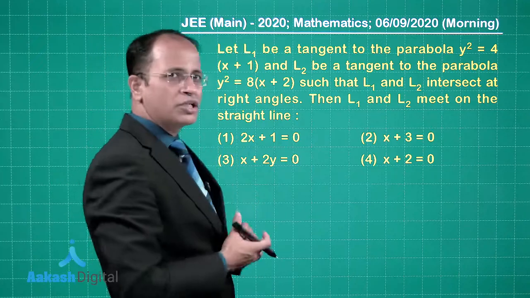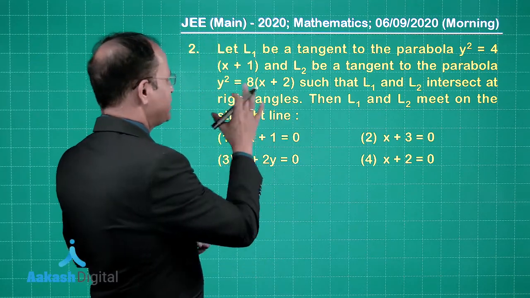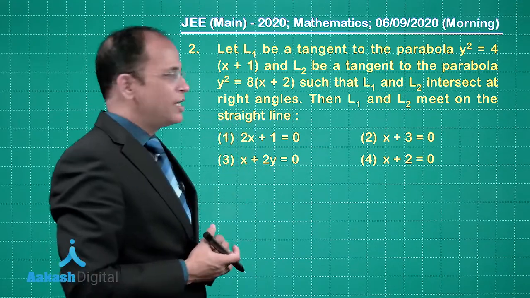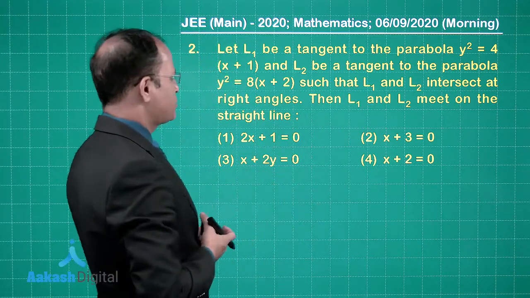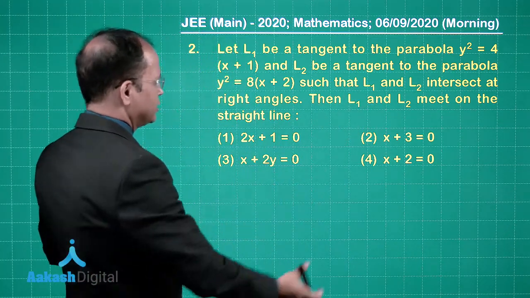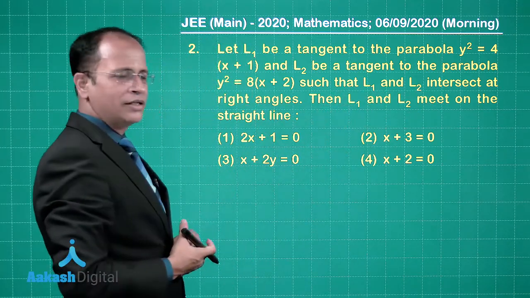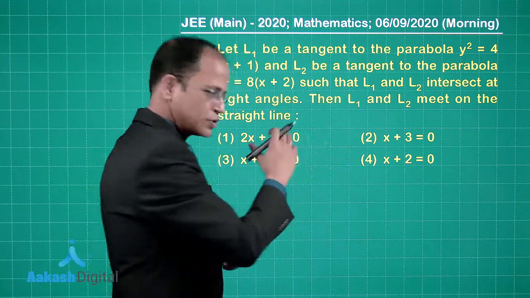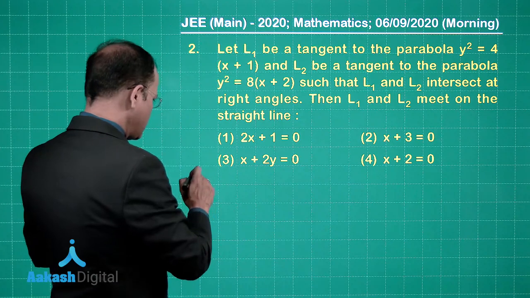Now we have question number 2, a very interesting problem. L1 is a tangent to the parabola y square is equal to 4 into x plus 1. L2 is a tangent to the parabola y square is equal to 8 into x plus 2. And we have been given that L1, L2 intersect at right angles. Then L1 and L2 meet on the straight line, and these are the 4 options you have been given. So what we can do is use the